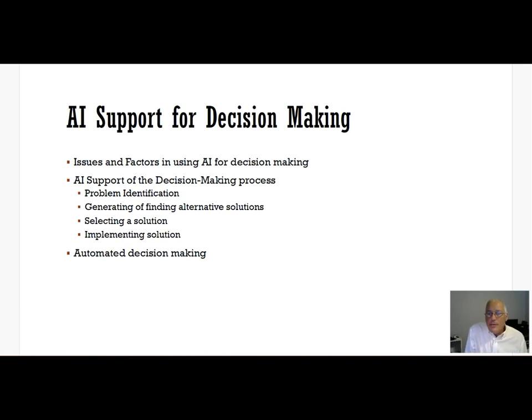Some issues: the nature, for example, routine decisions are more likely to be fully automated. The method of support technology uses that, so it helps us to understand what's going on. There is cost, benefit, and risk analysis as we look at what's going on.